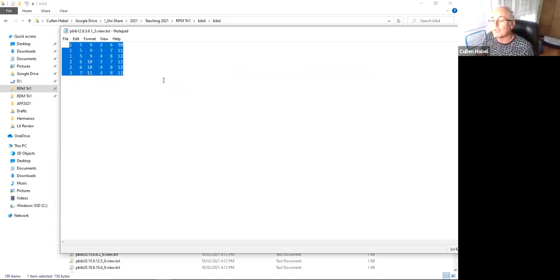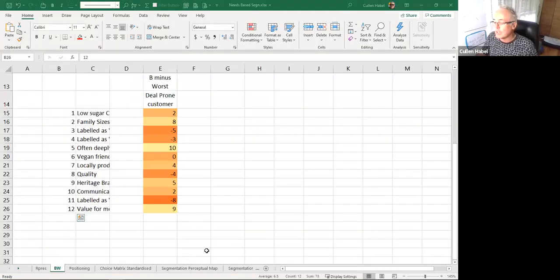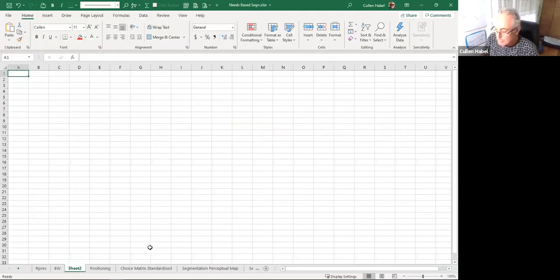That would give you a best worst if you were to do that. You could put that 1, 5, 9. So do a best worst design that does this. I'll just put a new one in. BW